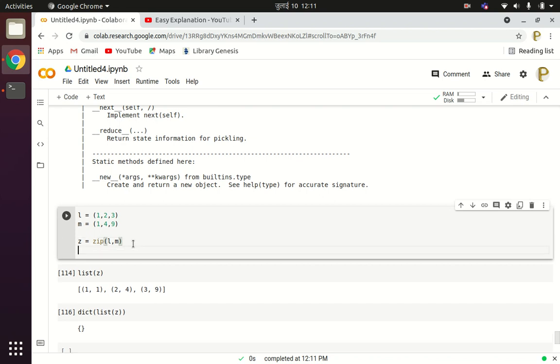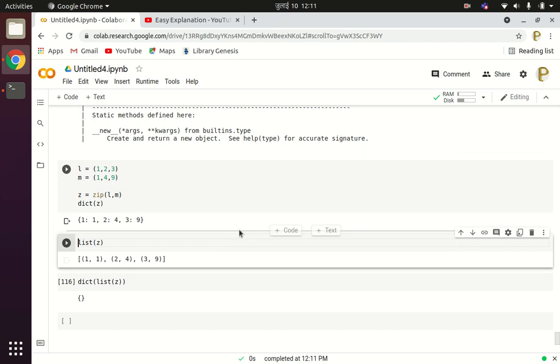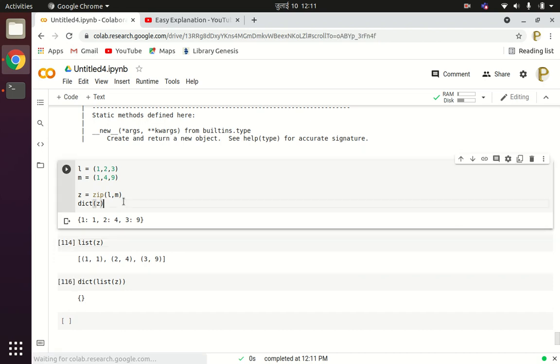If I write dict of Z here, okay, so we are getting the values. Since we are creating a list of tuples, it is printing the empty result. So see here, I will delete this thing.